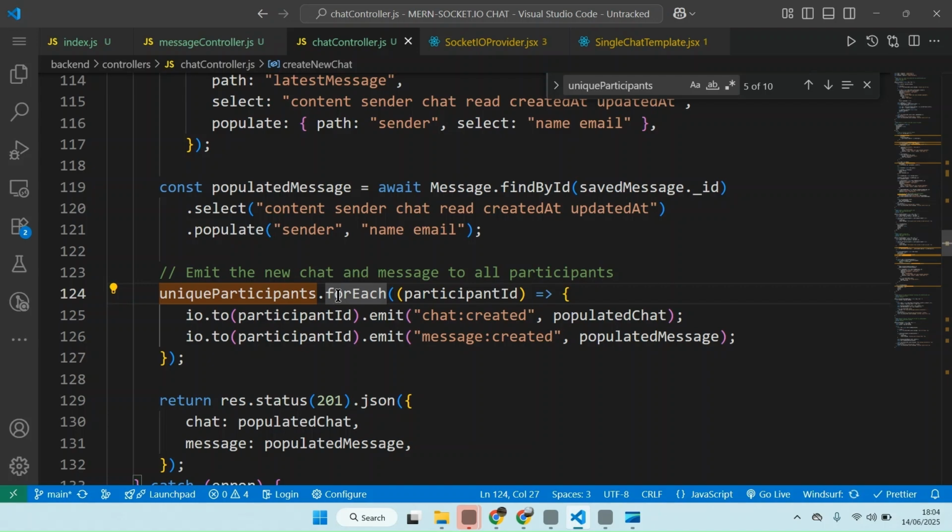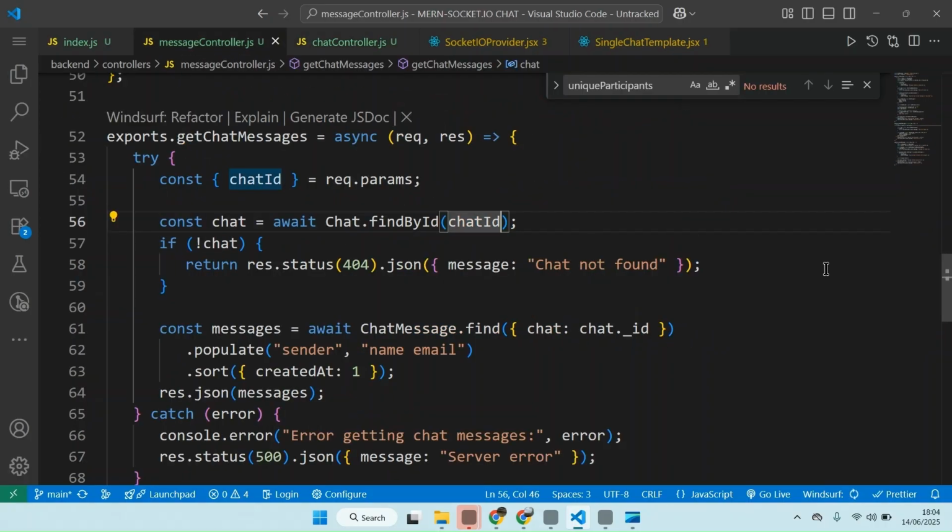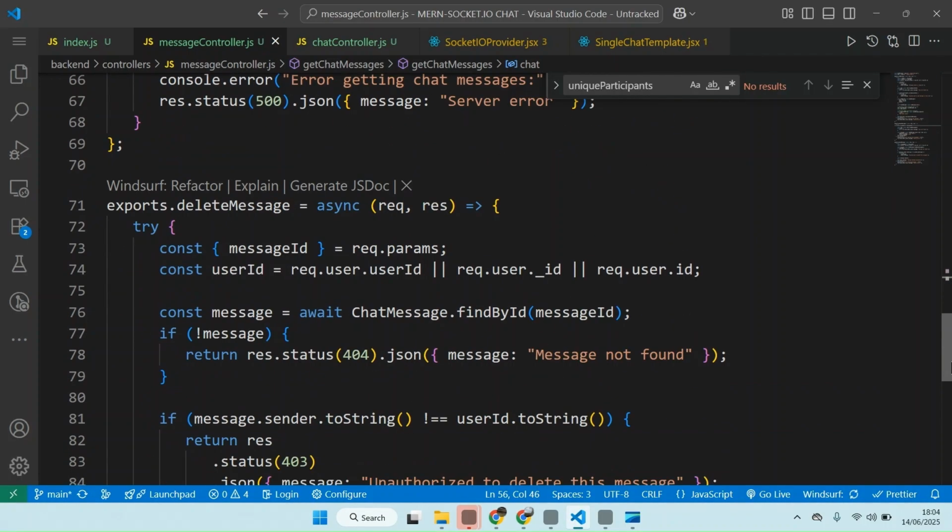But I will see if we also want to add something. Unless we want to work on messages, if for example message, you may also want to emit. We can also emit a new message. Let's say, for example, a new message created. When a new message is created,